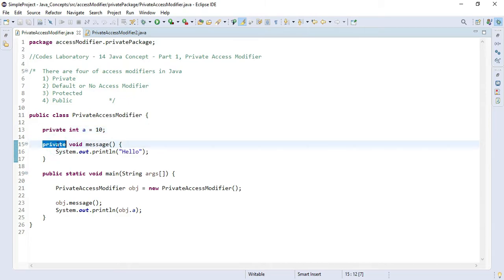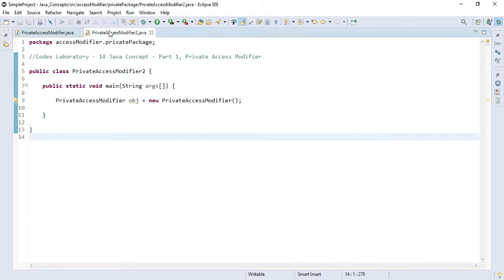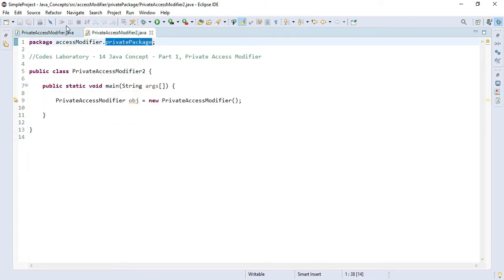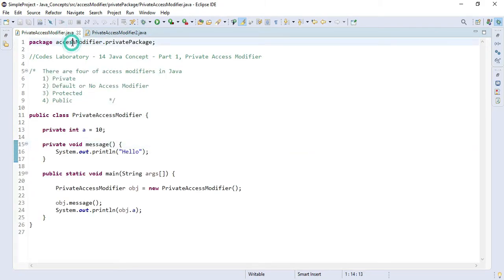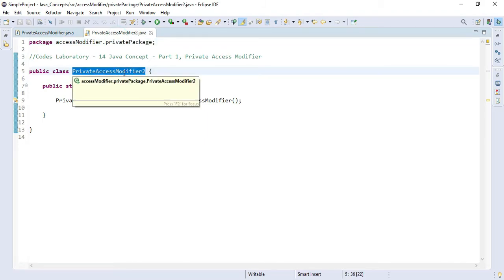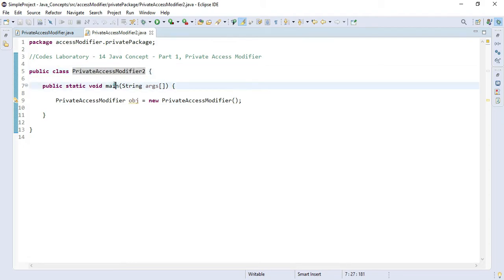I have created another class called private access modifier 2, and let's try to access them from this class. In access modifier, I have created another package called private package. In this I have created another class called private access modifier 2, and in that I have created a main method.